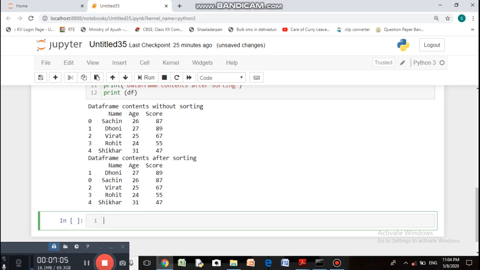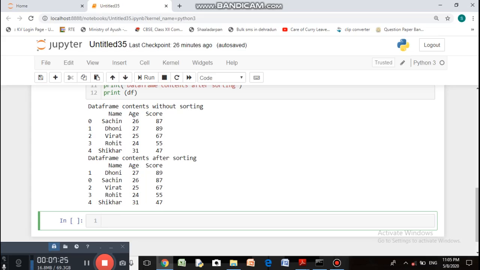In that case, which row will appear first and which row will appear next? So if there is a tie between two values, then the next column can be taken for sorting.